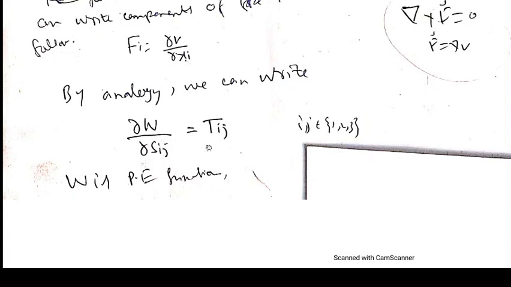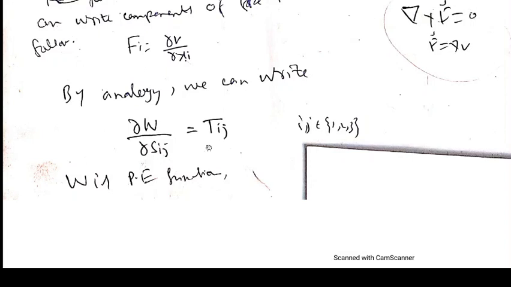Simply, we can write those 36 components in the form of a 6 by 6 matrix, and from that 6 by 6 matrix you can easily have the number of independent components, 36 independent components, and from those 36 independent components you can write all other dependent components, which are 45. Now further we will see whether we have some more symmetries which will reduce the number of independent components